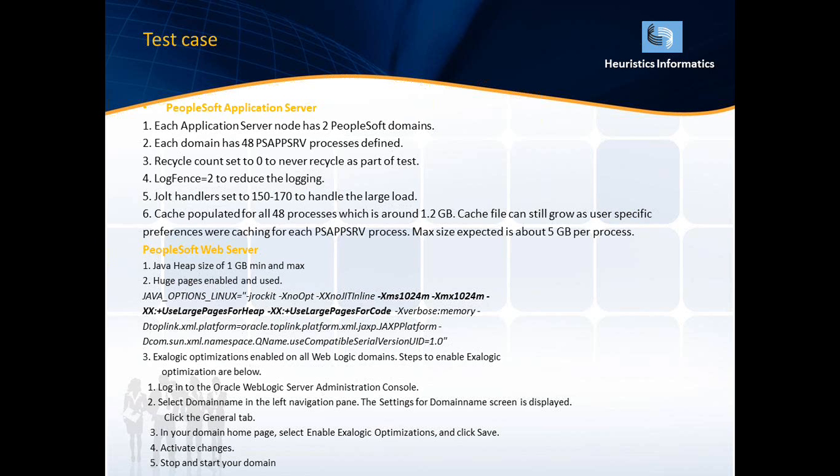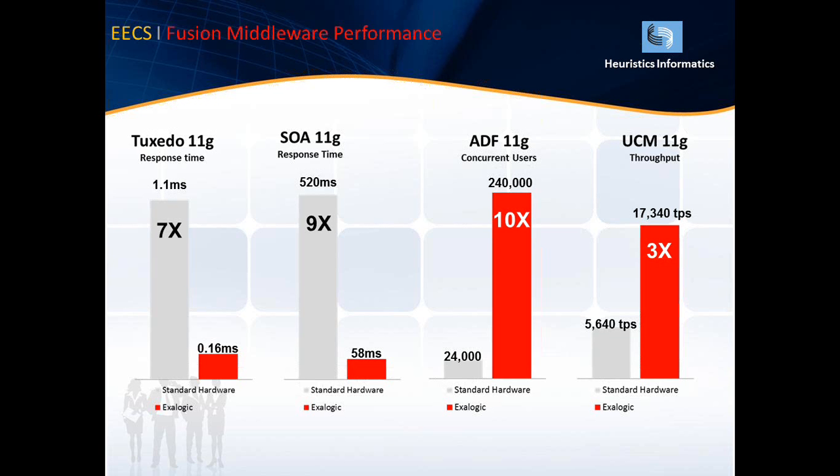So these optimizations only work for Elastic Cloud, not for any other server. And in the same way for the PeopleSoft web server, I need to specify the Java heap memory size, and I can even enable huge pages. So these are all the things. If we take the test case, the optimizations that we can achieve for Elastic Cloud and for other applications, like other ERPs. So this is the graph that has been provided by Oracle in the recent past.